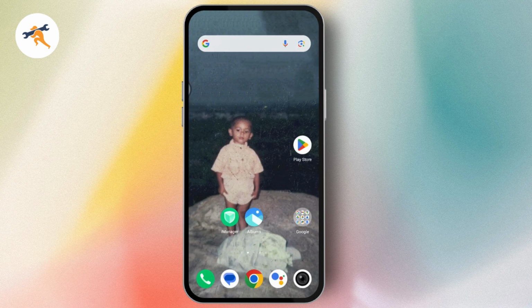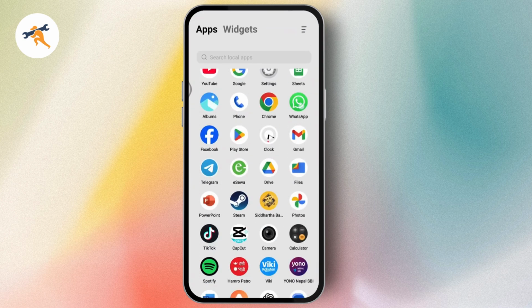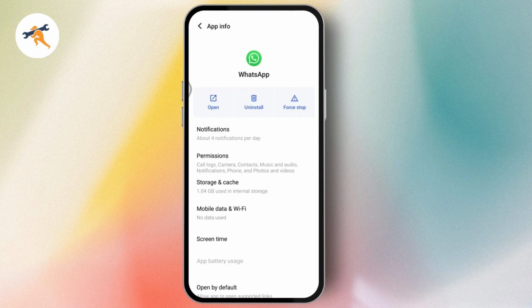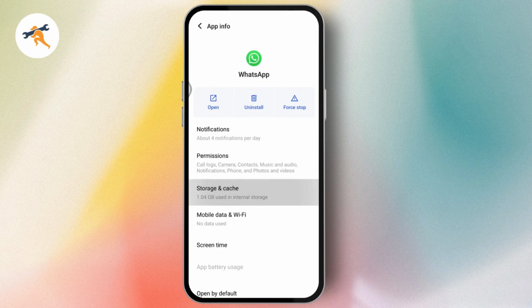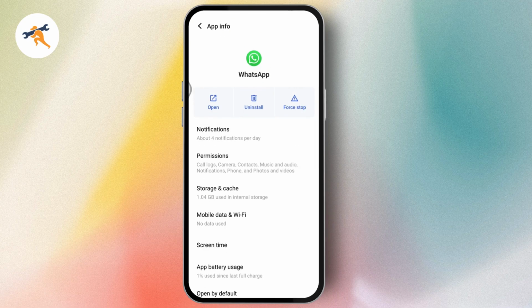But even after updating, if that doesn't work, then you can just simply tap and hold on to your WhatsApp application for a few seconds, go with the app info. Under app info you can go with storage and cache, and you can delete the cache or delete the storage. After deleting your storage or after uninstalling the application, you can install it, or just open up your WhatsApp after